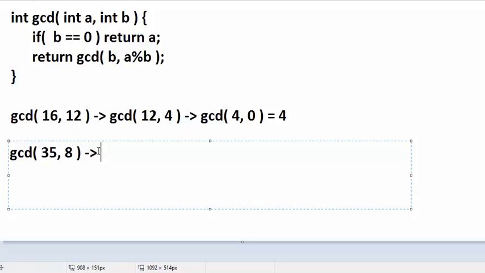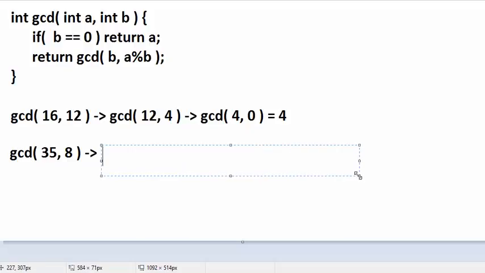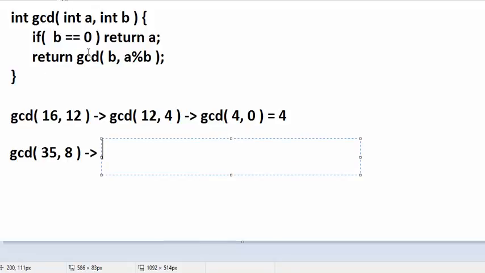Since 8 is not equal to 0, we won't be returning the value of a. We'll go to this line and we'll return GCD of 8 and 35 mod 8, that is 3. For GCD 8 and 3, we'll be returning GCD 3